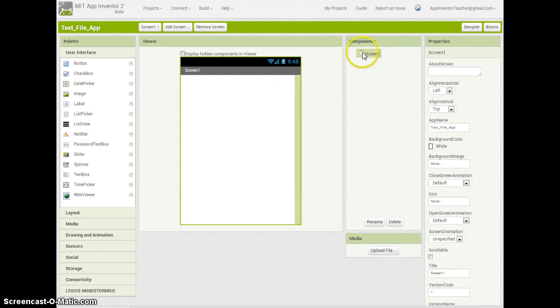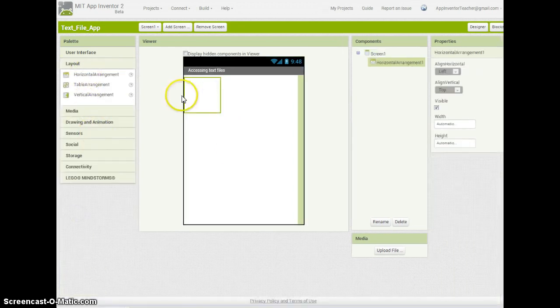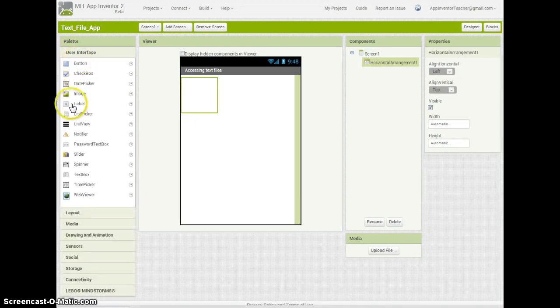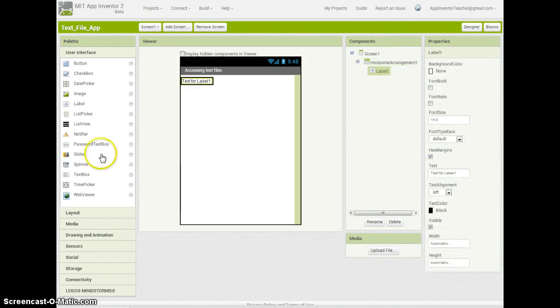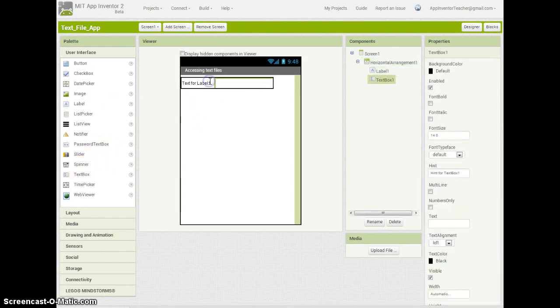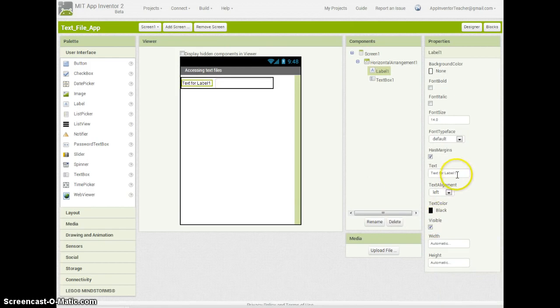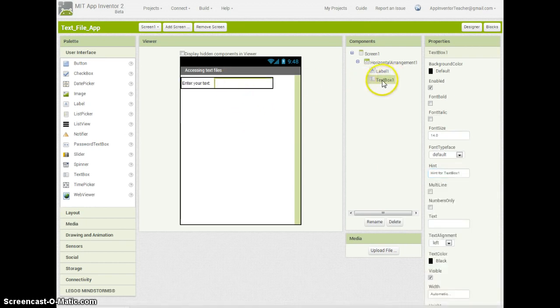The screen's just a screen at the moment. I'll give a title to this, so we'll call this accessing text files. Okay, what I'm going to do is start with the layout, and what I'm going to do simply is put a text box in here following the label, and the label can be something like enter your text. And what we'll do is we'll get it to save whatever text that I type in the text box here, which